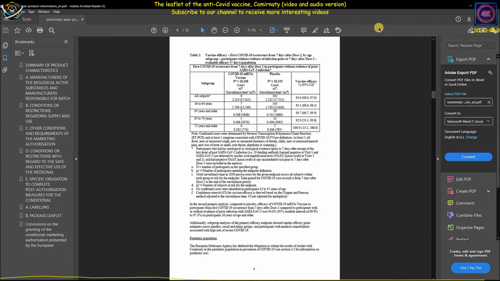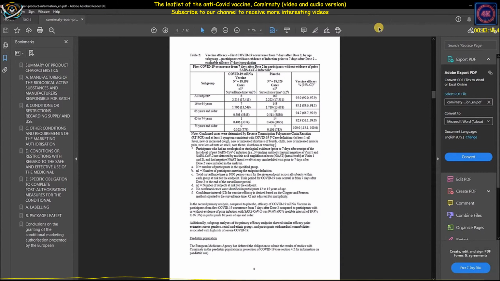92.9, 53.1, 99.8. 75 years and older. 0.102, 774.5. 0.106, 785. 100.0, minus 13.1, 100.0. Note, confirmed cases were determined by reverse transcription polymerase chain reaction, RT-PCR, and at least one